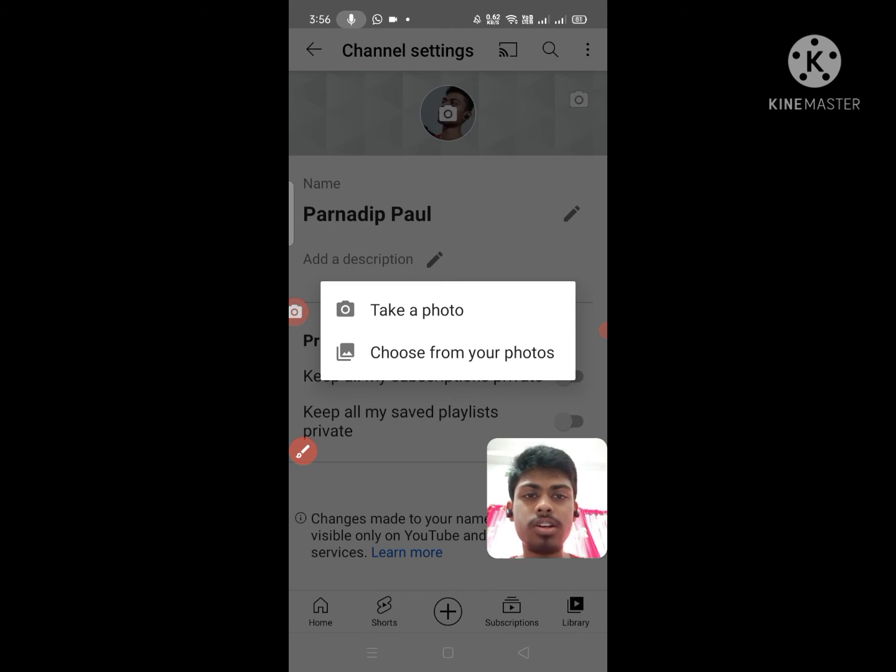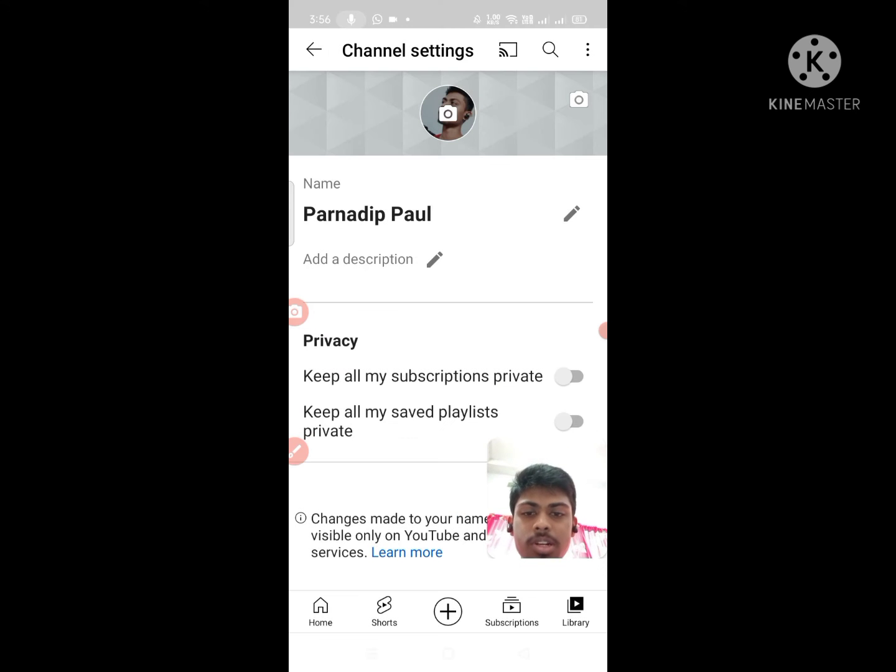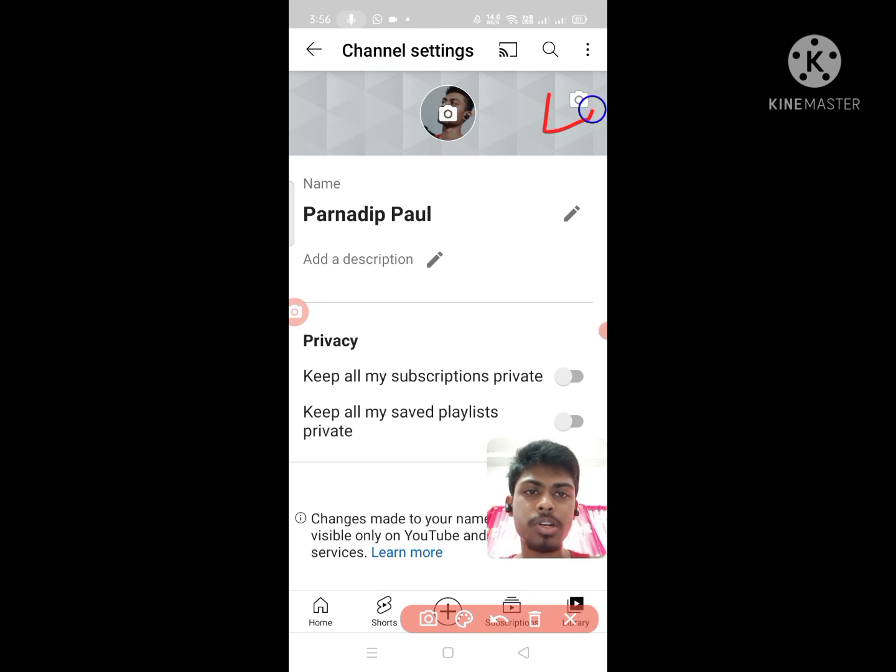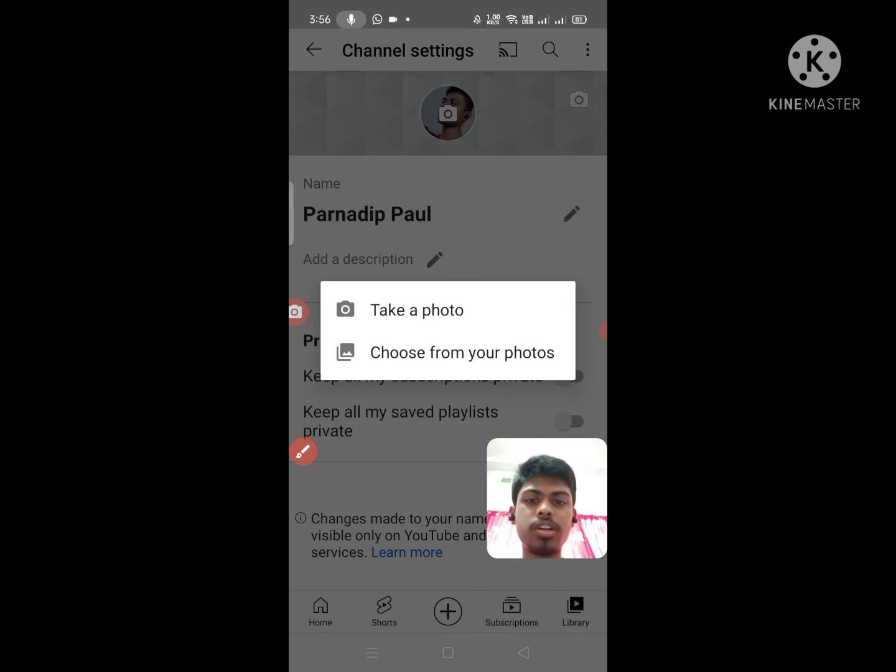After you click on this camera button, you can give your photos. You can either take a photo or choose your photo from your gallery and other folders. It is the channel art. It's just for the decoration of your channel, nothing else.